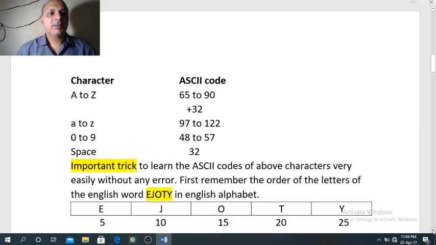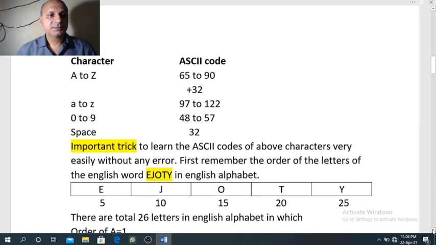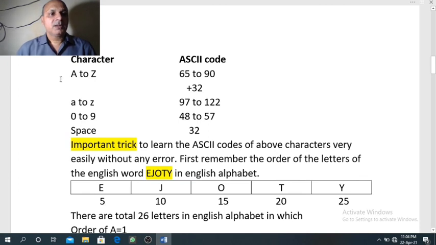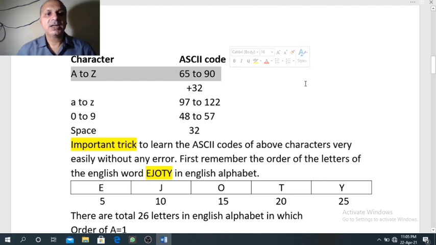You should remember or learn this table first. For capital A to Z, ASCII code varies from 65 to 90. That is, capital A has ASCII code 65, B has 66, C has 67, like this. Z has ASCII code 90.